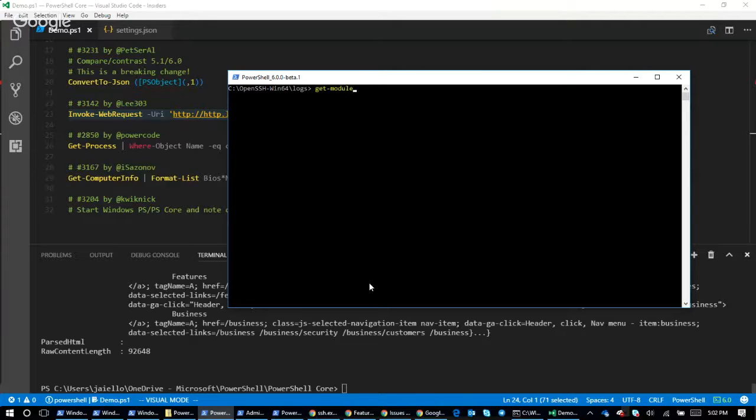Correct. One thing I always do is Invoke-WebRequest api.github.com. We can just get a nice little JSON object this way. Wow. It's a few objects.